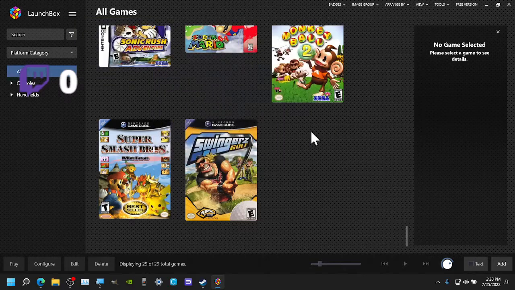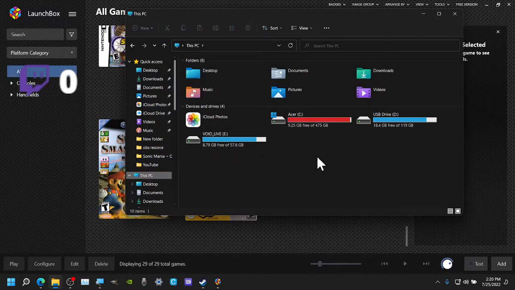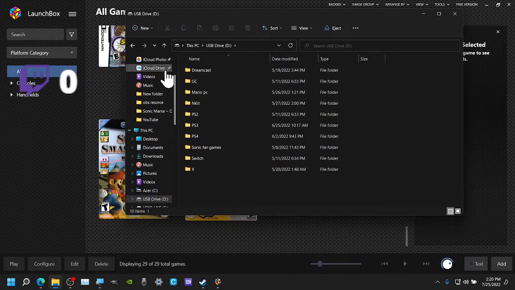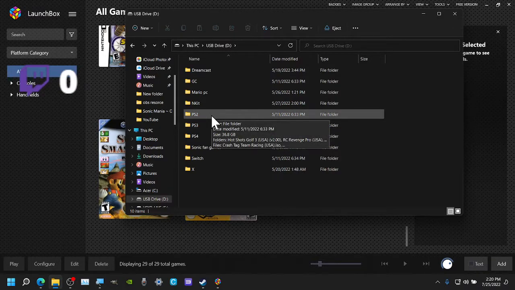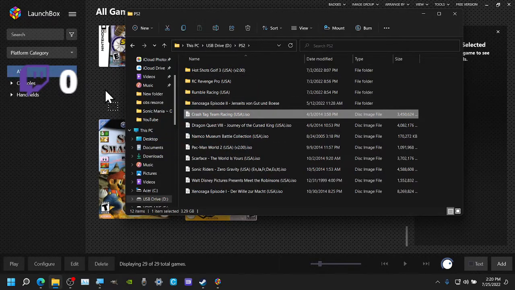Or you can open up your file directory. So let's say, because I'm going to do PS2, so we could go like this. Go to where your ROMs are stored, and then you can just drag and drop it into this. And once you do that,